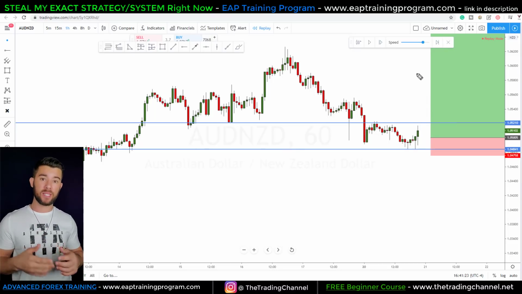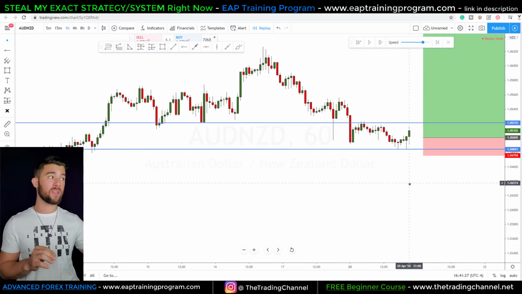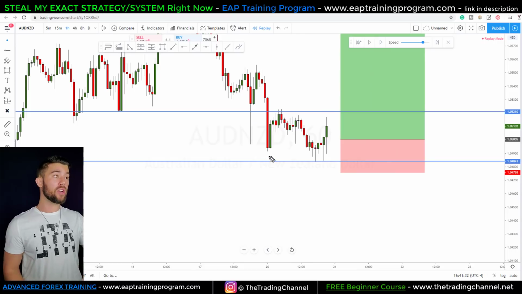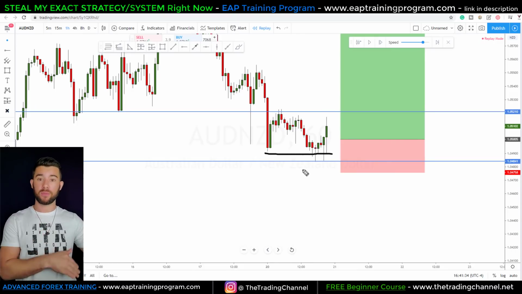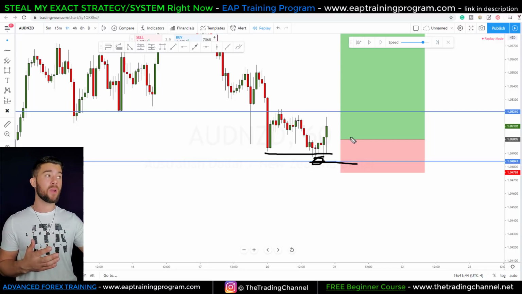Remember the reason. The reason is because I am looking to get a small stop loss. And if I have a double bottom, for me, I can have a stop loss under the swing low of that double bottom. In this case, whenever I entered the trade, that was right here. So I was able to put a stop loss under the swing low of that double bottom, which gave me